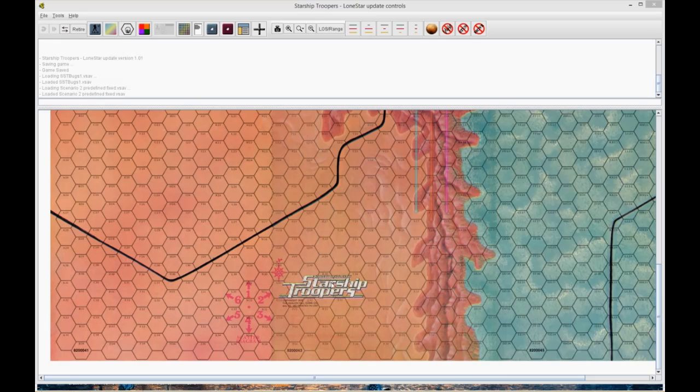The game is Starship Troopers. I was going to do a quick little tutorial example of how to build a bug complex. I did make some updates to the Lonestar module. It is 1.01, I believe. I went through the scenarios where the bugs are and all of their